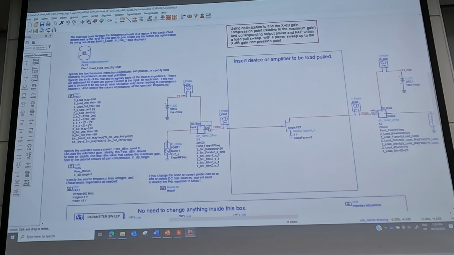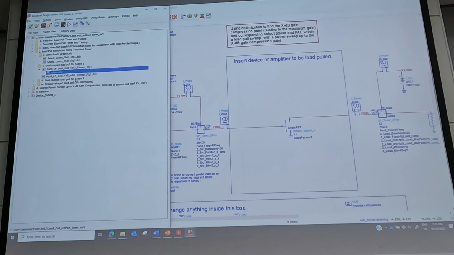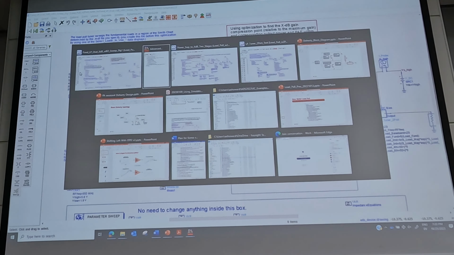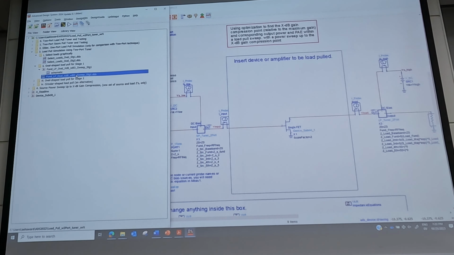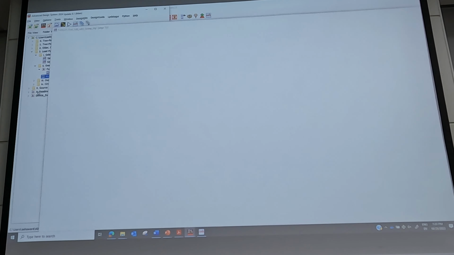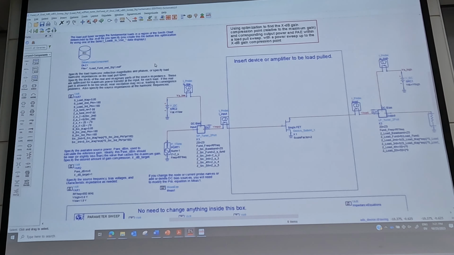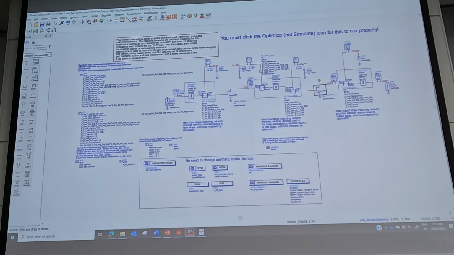But the results are similar to what I showed earlier, at least for the load pull. And this allows you to, say, experiment with interstage matching networks.